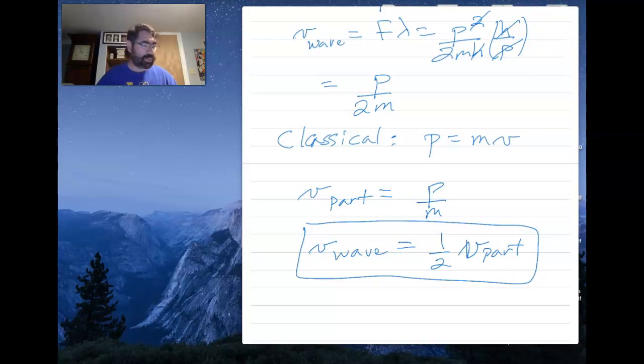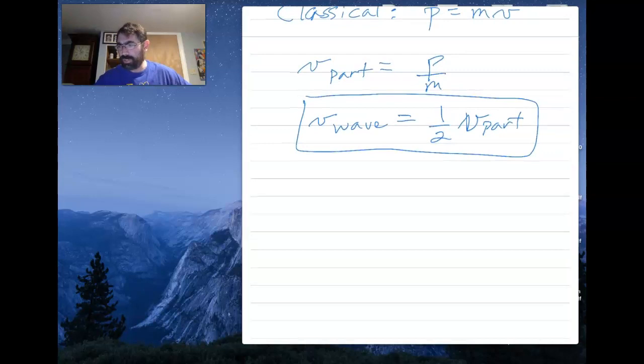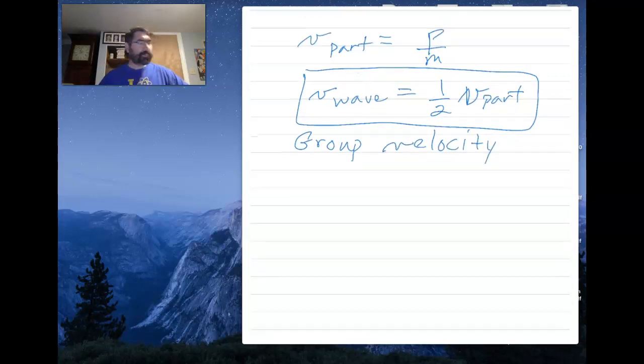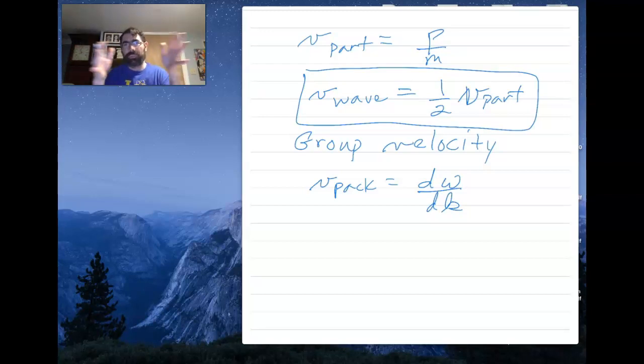So instead we have to think about what's called the group velocity. What is the velocity of all of the waves running together? Well, it turns out that the group velocity, or the velocity of the whole packet, is found by taking the derivative of the frequency with respect to the wave number. Because there's a change in the wave. We have lots and lots of waves added together. So what we're looking at is how those waves are different from each other.